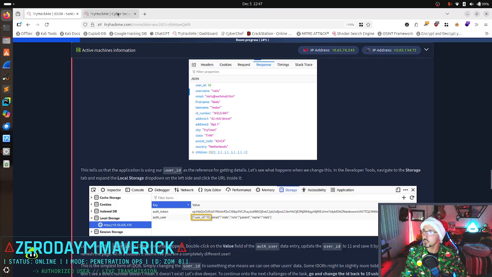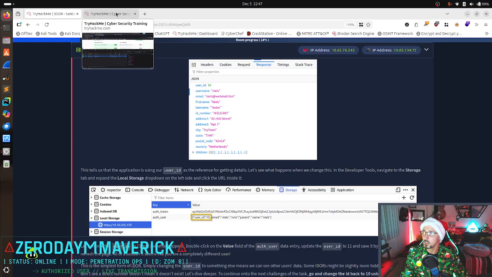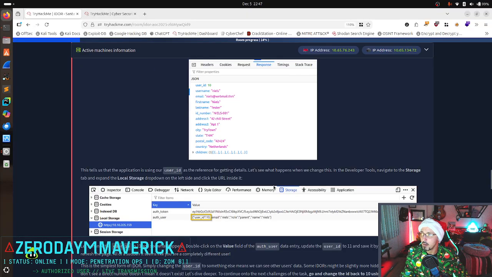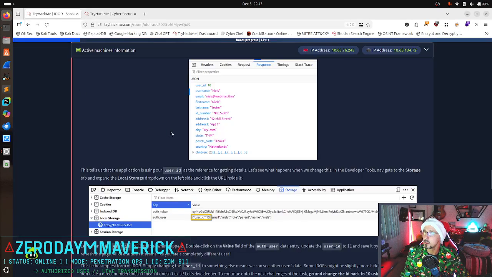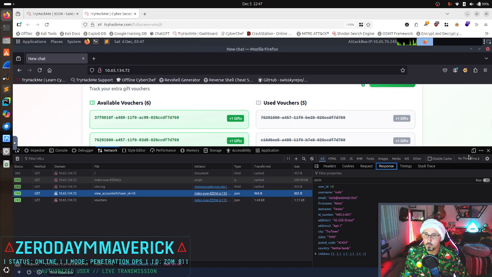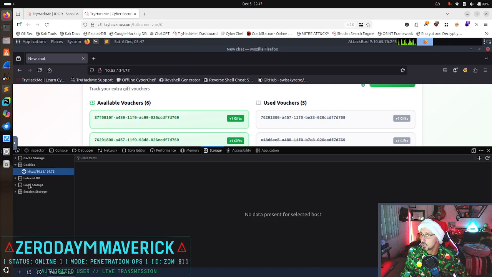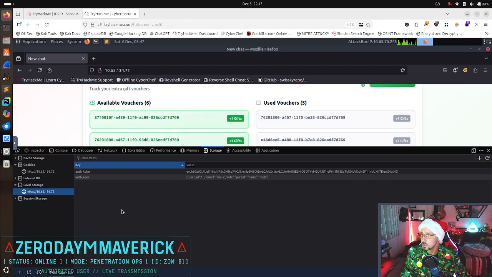So let's go. What is it telling me to do with user ID? What was I supposed to do? Storage. For some reason, my brain is all over the place. Storage. Local storage.